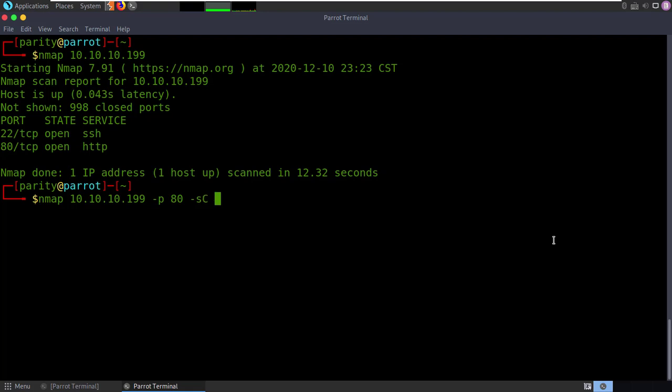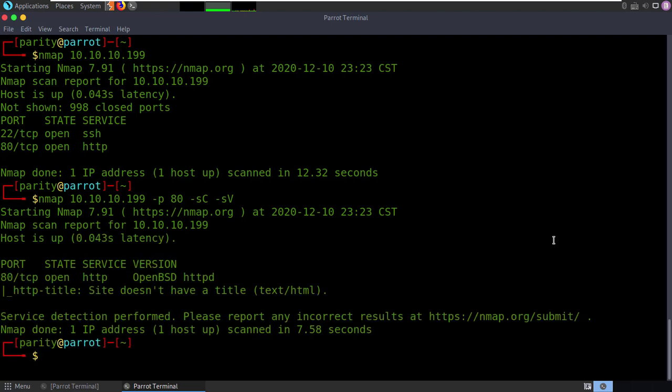With port 80 we can go and specify the port and then just do scripts and versions, SCSV. I'll let that run just to see if we can get some additional information from the server in terms of what type of software it might be running, what kind of banners we're going to find. So we do see it's OpenBSD HTTPD. So it's running on an OpenBSD native daemon for